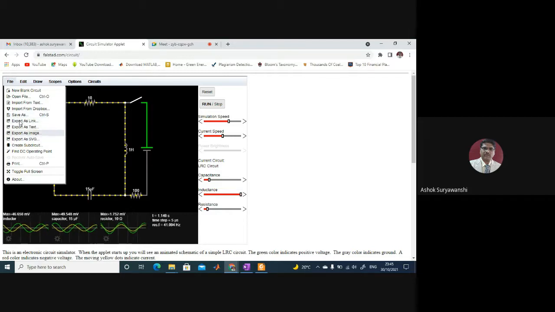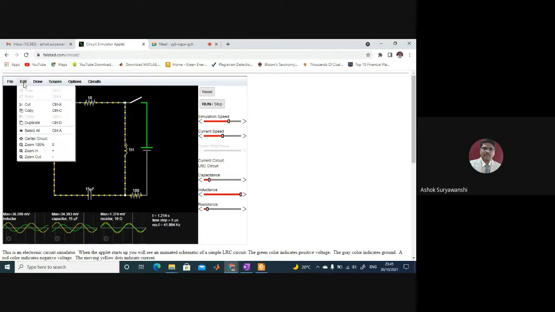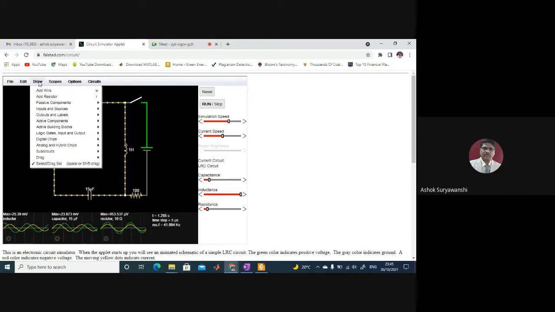All these options are there in File. You can also print the circuit that you simulate. Then in Edit, you will have undo, redo, cut, paste, copy, duplicate, and zoom in, zoom out. The third one, Draw, is very important. Here you will find all these components.